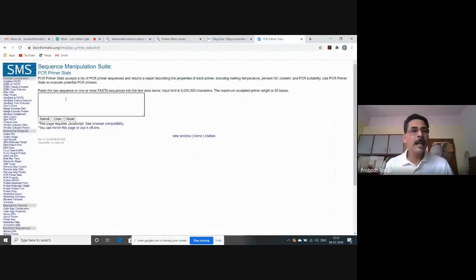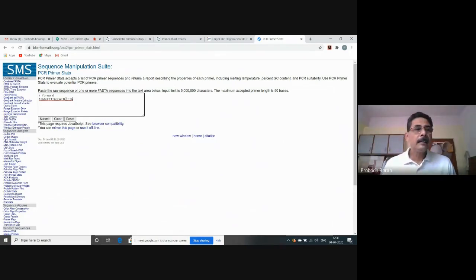Here you write in FASTA format, so you write a greater than sign, then write forward since it is the forward primer. Come to the next line, then paste it. This is the presentation in which the forward primer sequence is displayed in FASTA format.